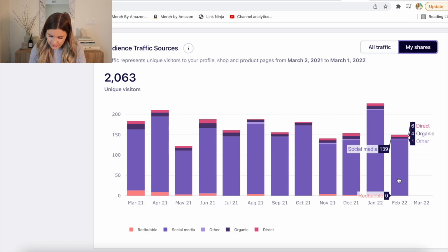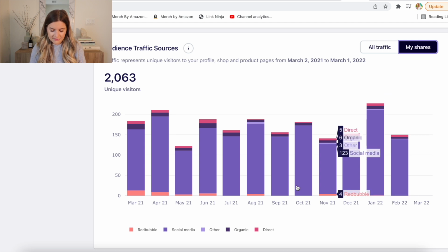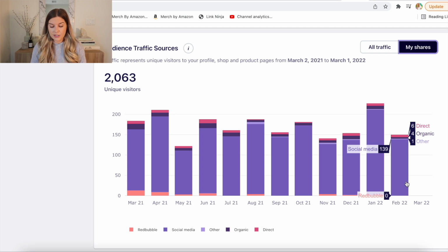So let's see, we had social media as the highest one. Redbubble was 0, which is interesting because sometimes I get a few here and there. And then organic, direct, and other were not too far behind from Redbubble, with just a few for each of those as well. All right, but that's all I have